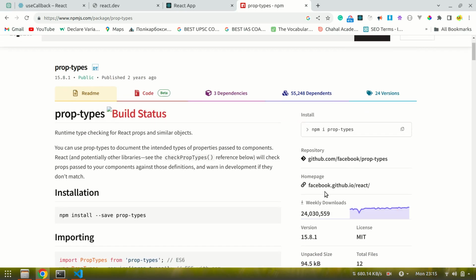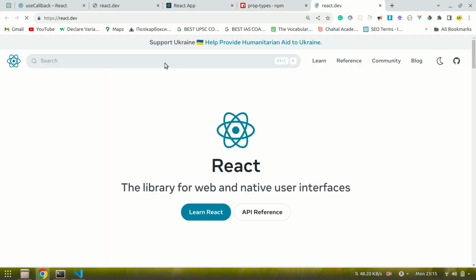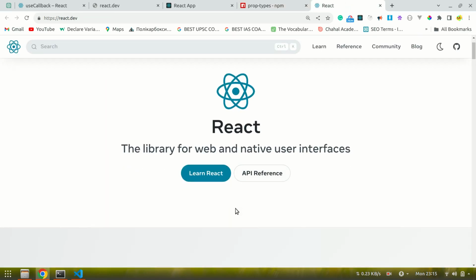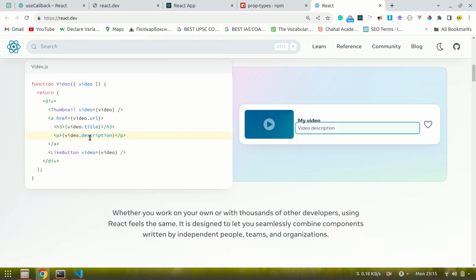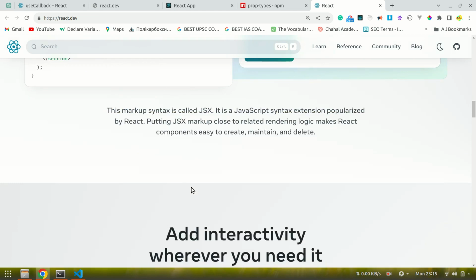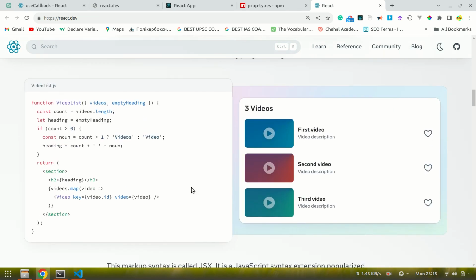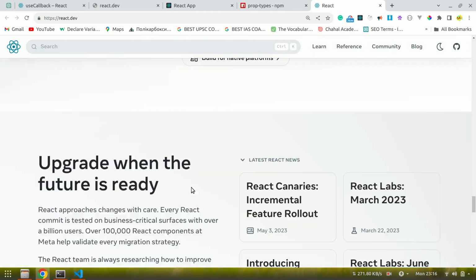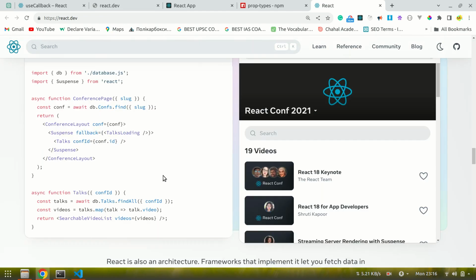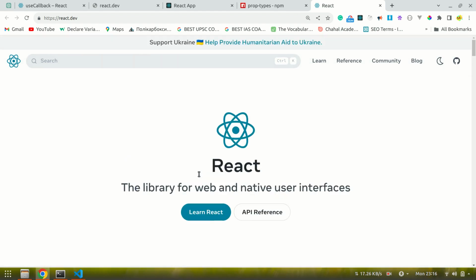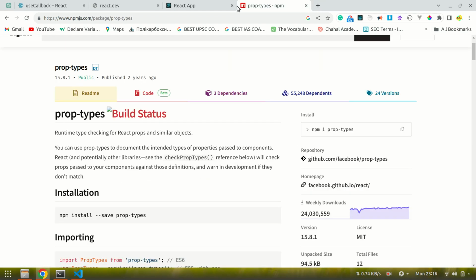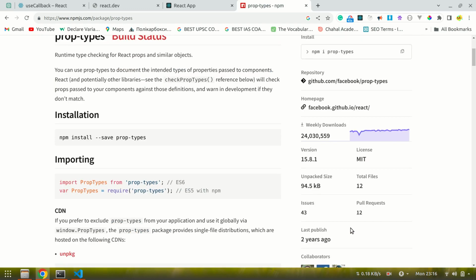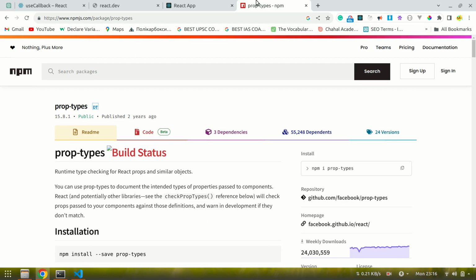And here you can also go to their homepage. As you can see here, we have its homepage, and within this homepage we will understand how we can use it. Here it has just given an example. It refers us to this React doc, I really don't know why, but let's say we have this documentation. And at the same time, if I am willing to know how to use this prop type, I can